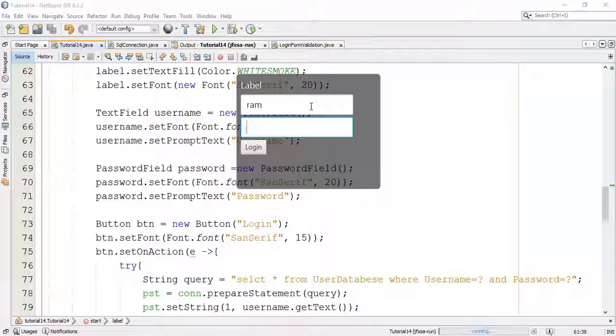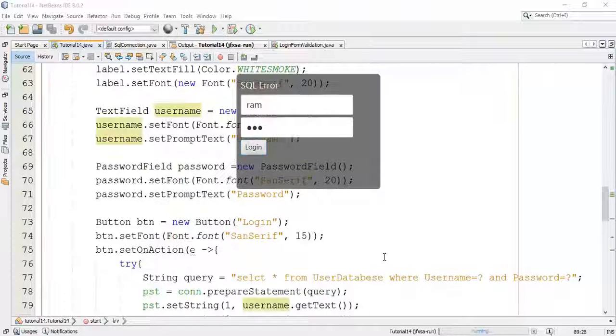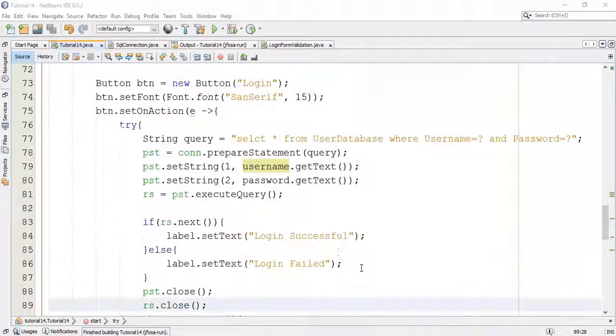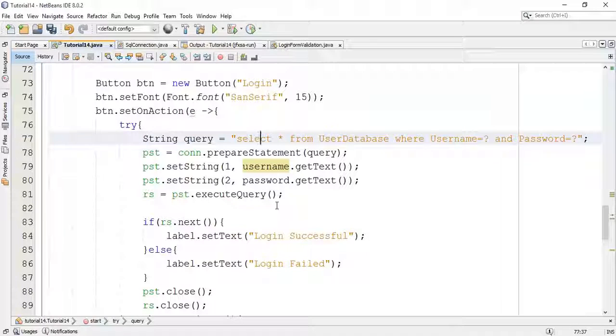So I'm going to set a random password and check for login. So there is an SQL error in the program. I'm going to close this. And the error is in the string, so make it select and save this again and run.